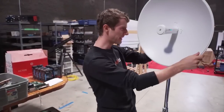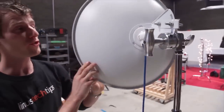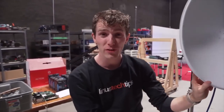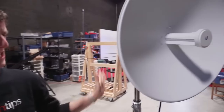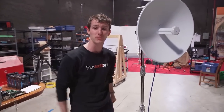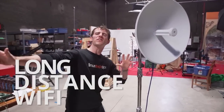Okay, so my original plan for these, yes, these right here, this is some cool stuff that we got going on right here, was to share the gigabit internet connection we have here at the office with my house, which is about 20 kilometers or about 13 miles away. Unfortunately, topography is a problem, and I would need a 60-meter antenna tower here at the office in order to achieve that. So we are going back to square one with this video, and we are going to structure this as holy shit, episode 4. Yes, we are already on episode 4 of this segment, and we're calling this one Long Distance